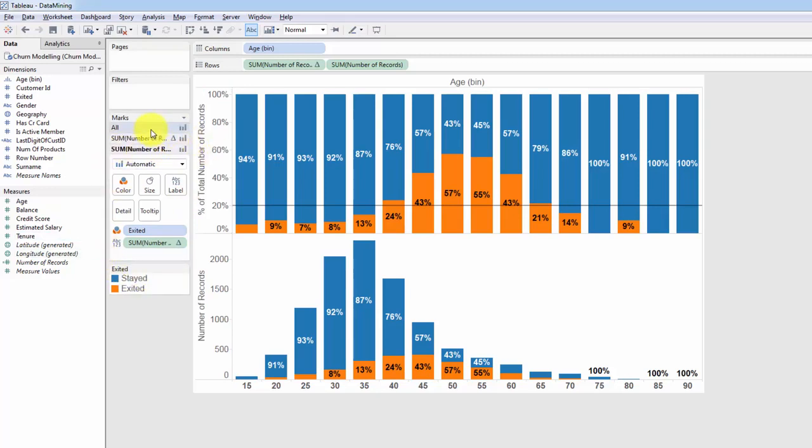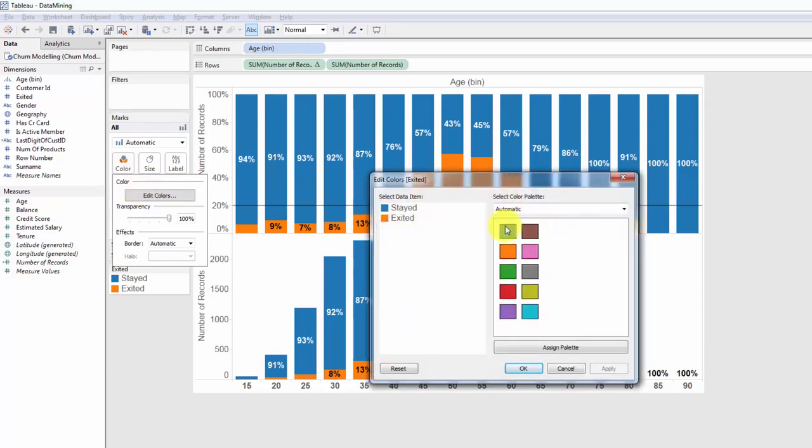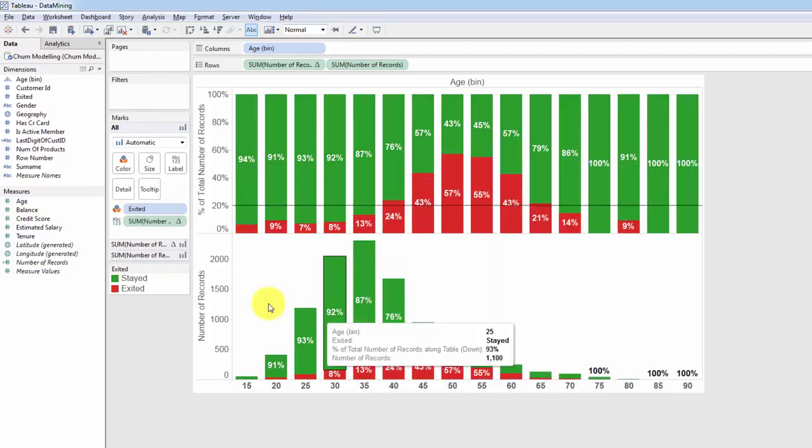It gives you control. If you want to control everything, you can control it here. So for instance, I could change the colors, right? And they would change everywhere. So I could say stayed would be green, exited would be red. Okay, that changed everything. Or I can go into one of them, and let's say the new chart,